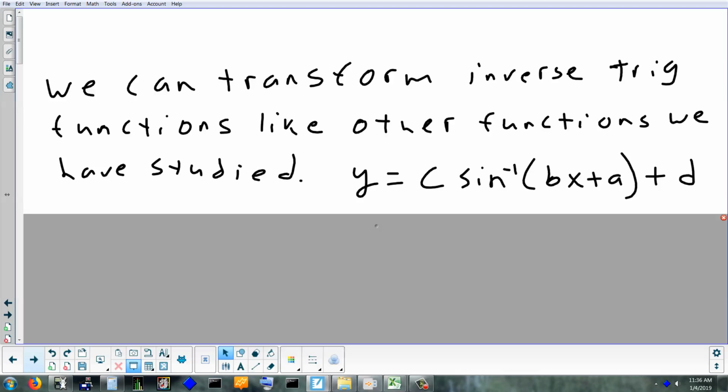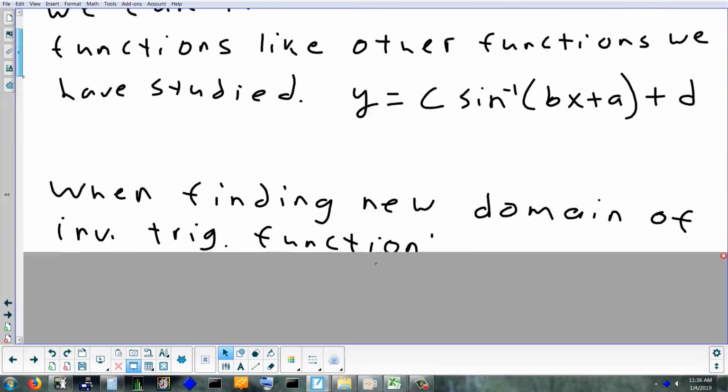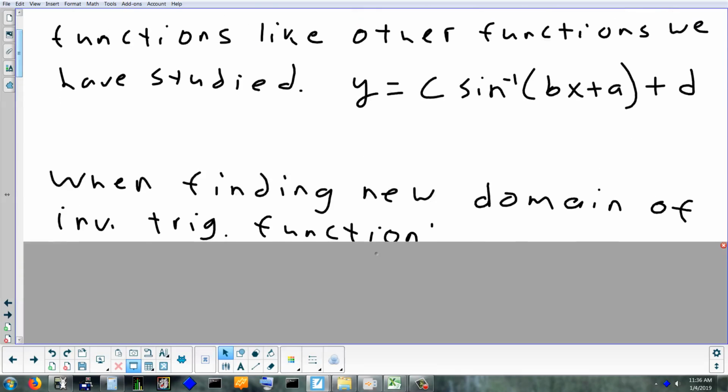If B is negative, that's a horizontal reflection. That means something like this. You flip left to right. If C was negative, that's a vertical reflection, which means you would flip up to down. Okay? And then D, that's your vertical shift. Positive is up, negative is down. So there's no change from everything we've done all year with that. Okay, so we'll see if I do a problem